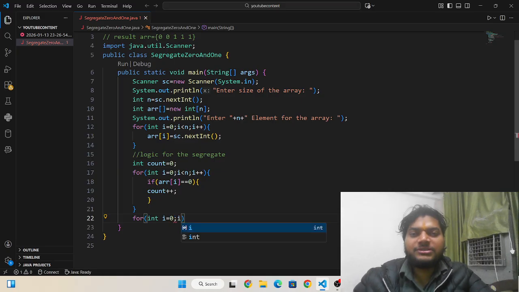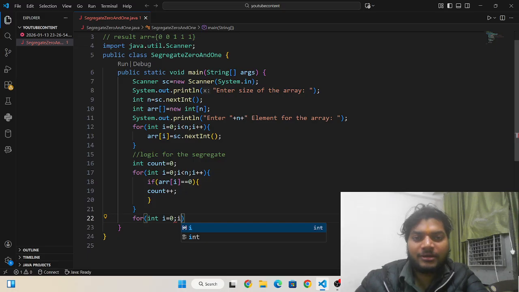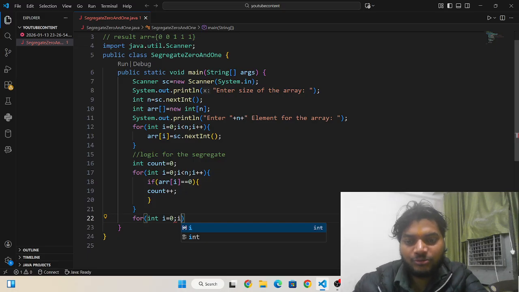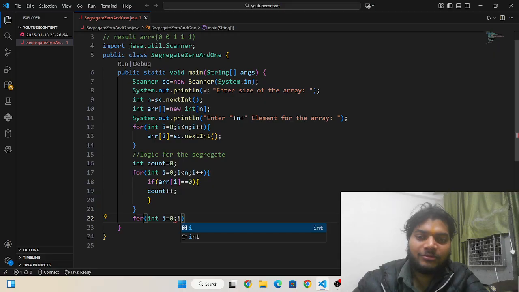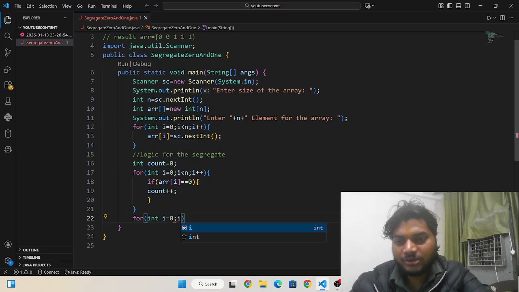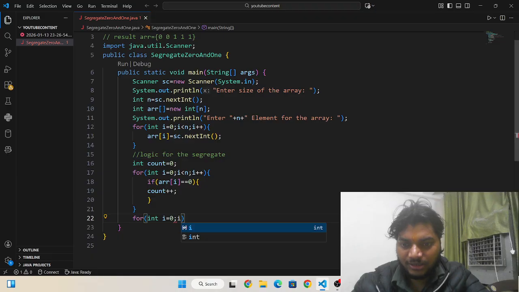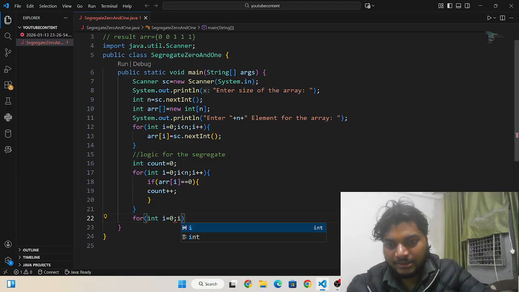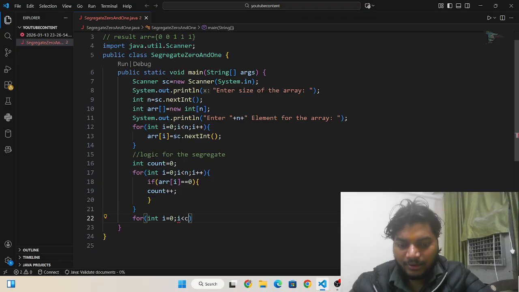I need to initialize 0 first, then after that we need to arrange 1, which is going to be the remaining elements. So I need to write for int i is equal to 0 till i less than count,